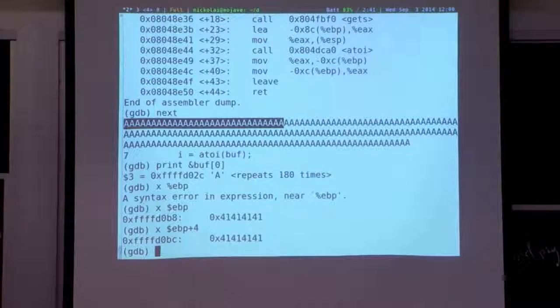In fact, what's going to happen if we return now is the program will jump to that address, 41414141, and there's nothing there, and it'll crash. That's the segmentation fault you're getting. So, well, let's just step up to it and see what happens, right?